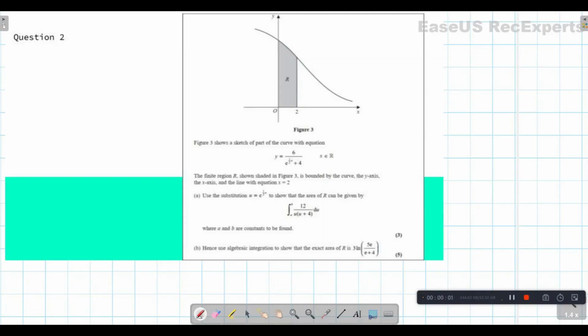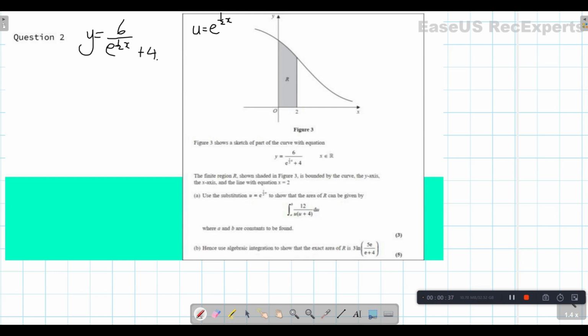Figure 3 shows a sketch of part of the curve y equals 6 over e to the power of half x plus 4. The finite region R shaded in figure 3 is bounded by the curve, the x-axis, the y-axis and the line x equals 2. Using the substitution u equals e to the power of half x, show that the area of R is given by